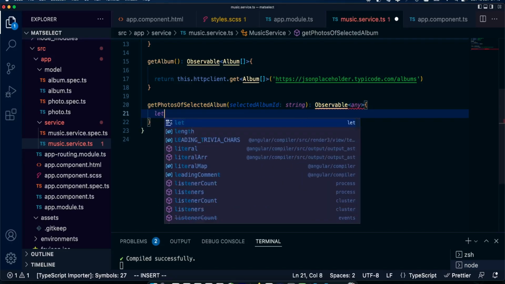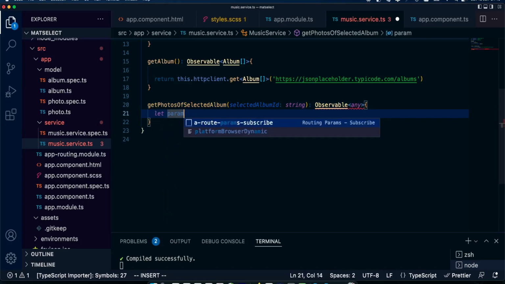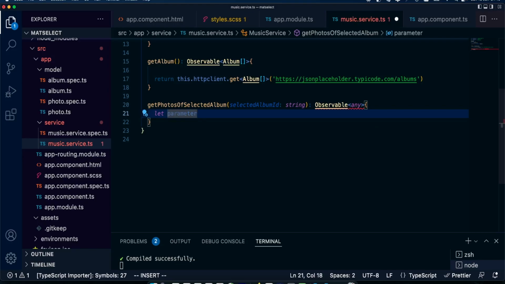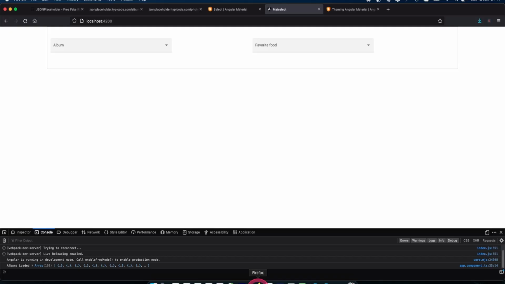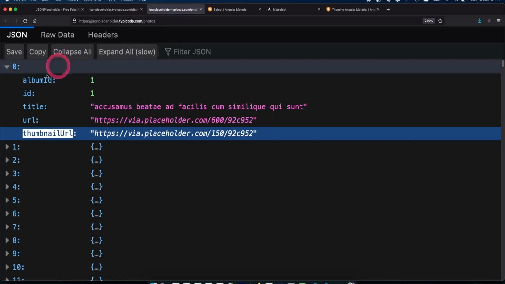Here we're going to do let parameter1 equals new HttpParams, set album ID. Album ID we got from here.